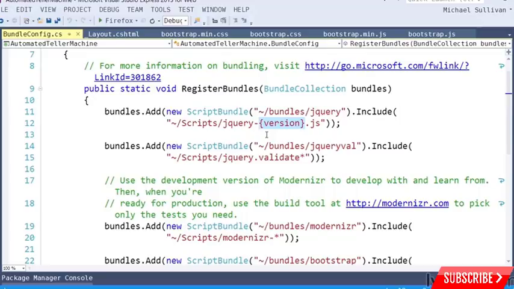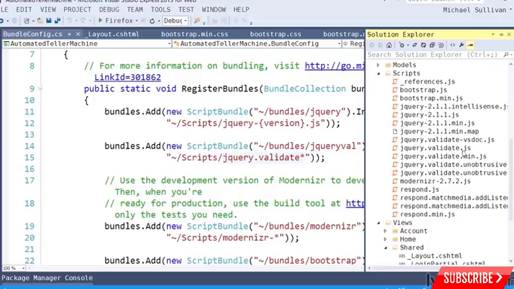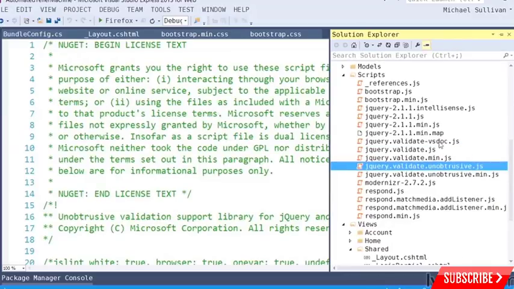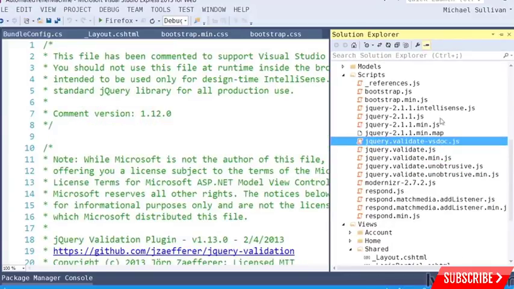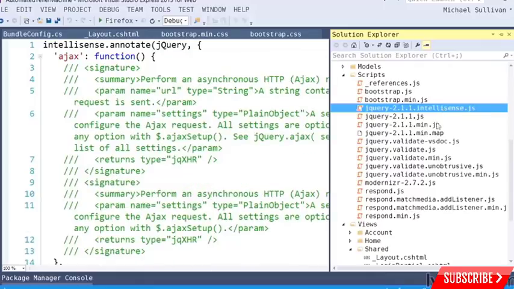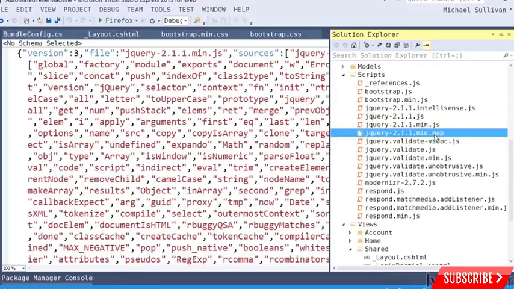Some of the other paths contain asterisks. The asterisk is a wildcard that can be placed at the beginning or the end of the file name segment of the path. Running in debug mode, this will create a bundle including jQuery.validate.js and jQuery.validate.unobtrusive.js. Files that include VSDoc, IntelliSense, or have the map extension are for debugging purposes only, and generally won't be referenced